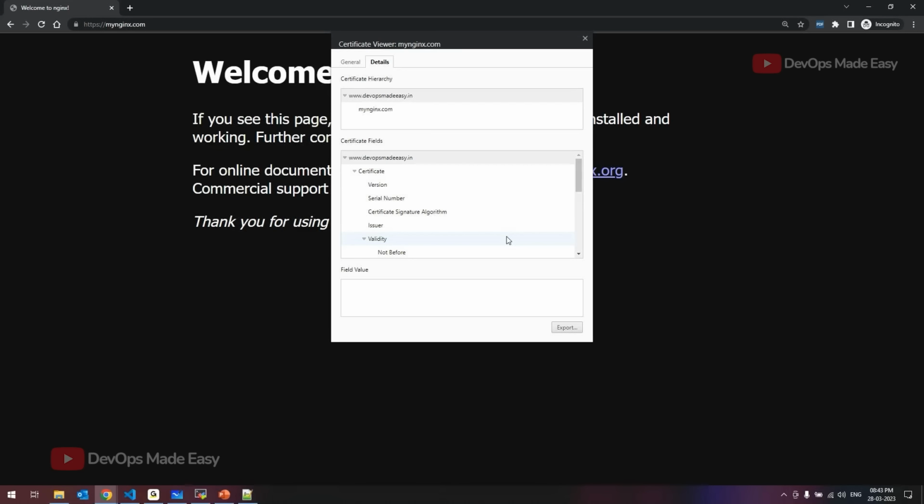So this is how you create your own CA, sign your certificates with that CA, and add that CA certificate to your browser so that your browser